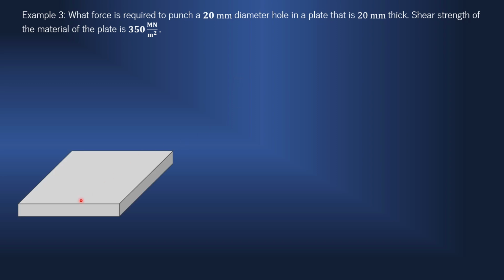Try to understand. Here is that plate, 20 millimeter thick. And in this plate, we want to punch a hole of diameter 20. So here is the punch. It is to be inserted forcefully in the plate to make a hole. So watch on the screen carefully. And this is how we have made the hole in the plate. Of course, the plate must be securely fixed when this punching operation is in progress.